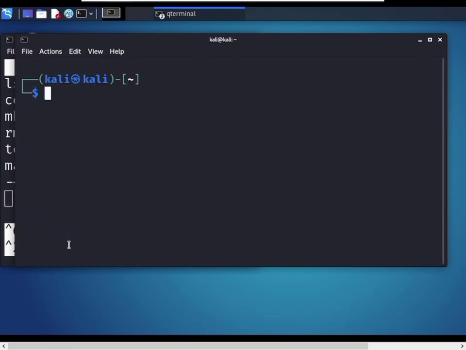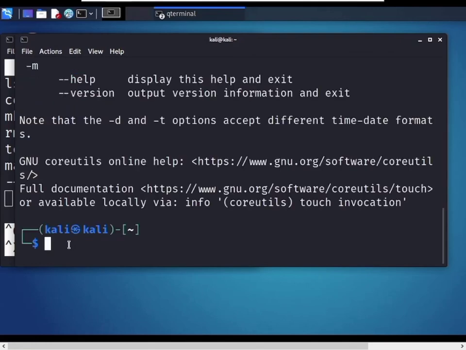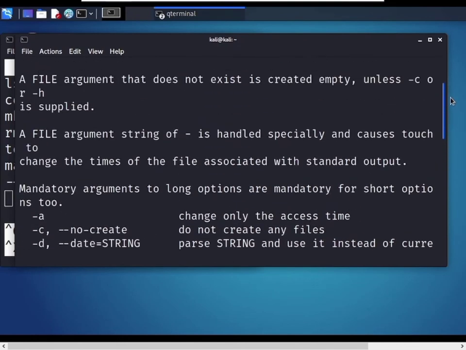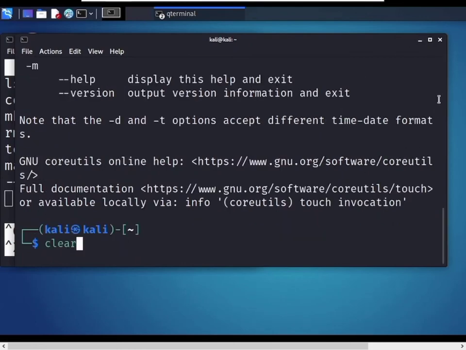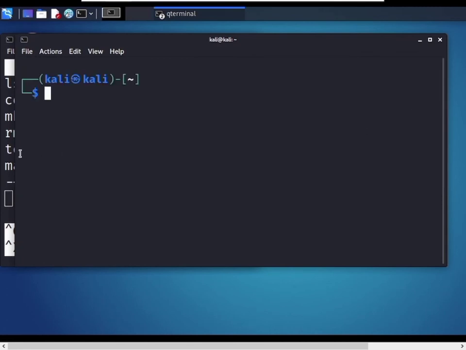Okay, clear. touch --help. Just use help to display the help. touch option and file, update the necessary modification. This shows you how to use the touch command. I want to clear.